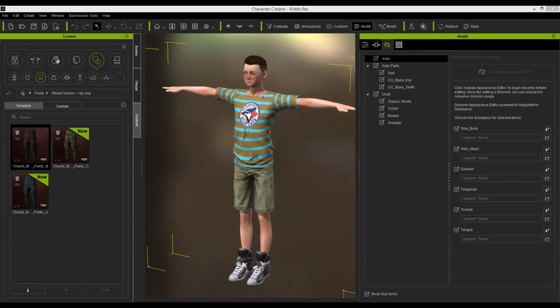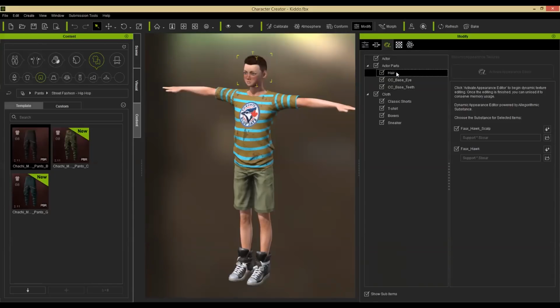Okay, so Peter asks, how can you create consistency in the skin tones from head parts to the body parts? Well, that is done in the appearance editor. Actor right here. Whoops. Oh, yeah, we've imported the character back in, so we'd have to basically assign, just like this here, a different substance to this t-shirt now. So